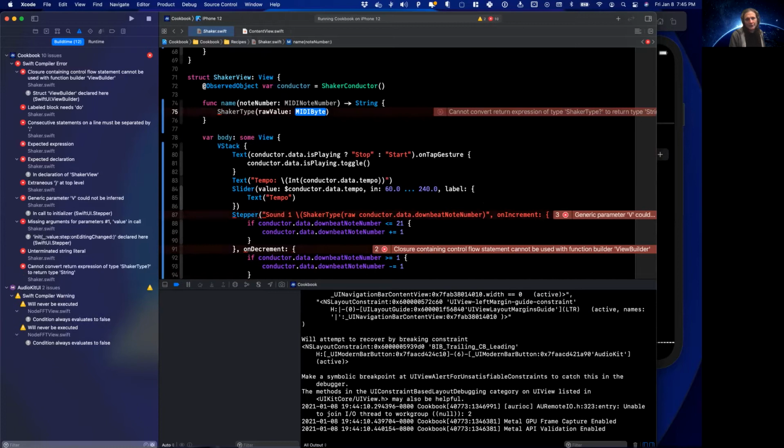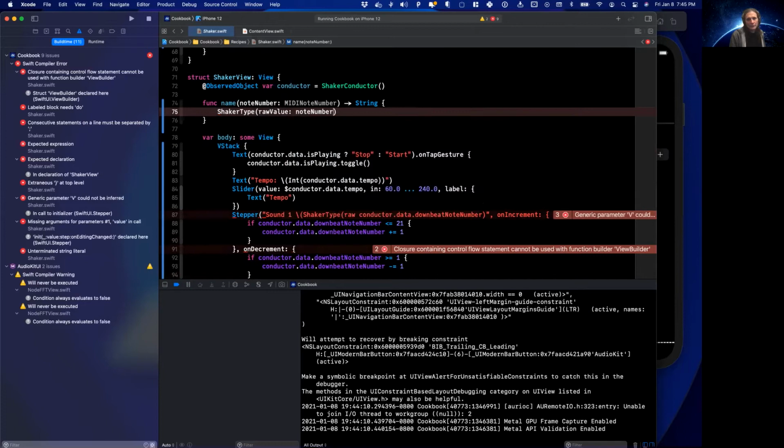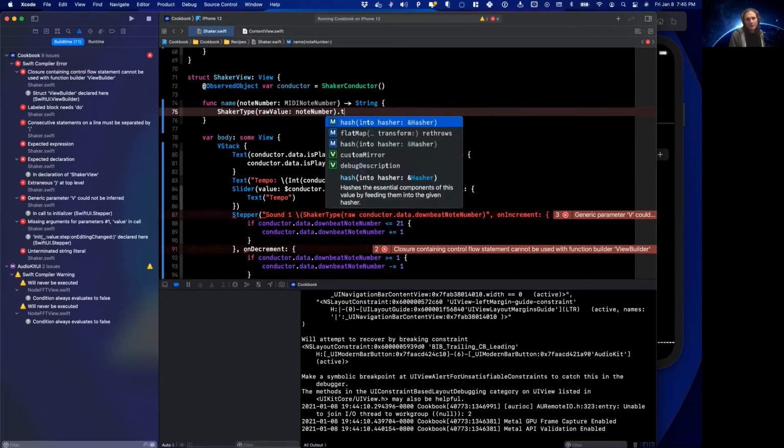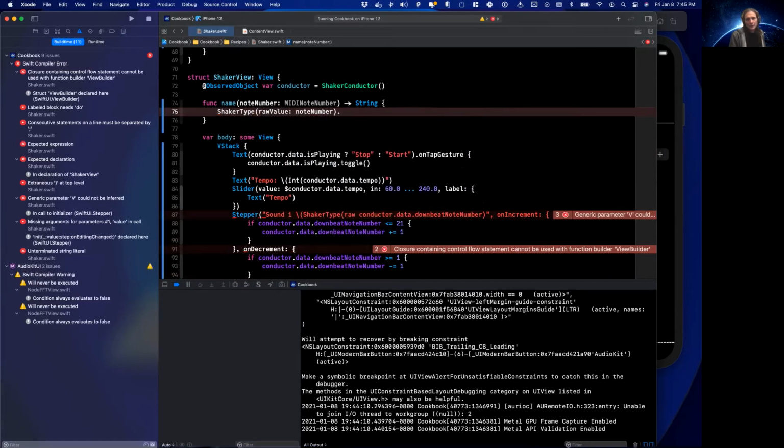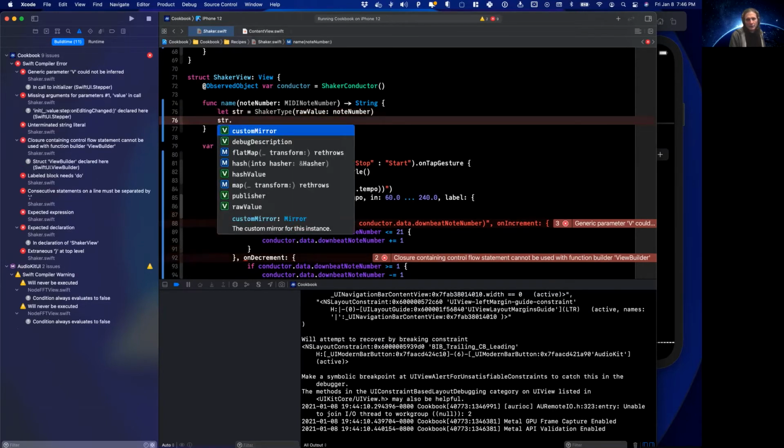Oh, because it's already expecting a MIDI byte, so that's good. So note number dot, I know I did this before. Yeah, it should work. Let string equal this. String dot